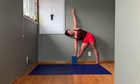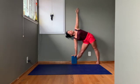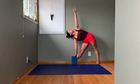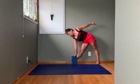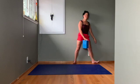We can use this wall to inform us. Now, I might not be close enough to the wall here because I'm kind of leaning. All right, so here. And then we're supposed to look up at this hand, but oh, my hand's too far back. So let's bring it a little bit more in view. Okay, 1, 2, 3, 4, 5. All right, look down, inhale, lift up, and then we just turn our feet